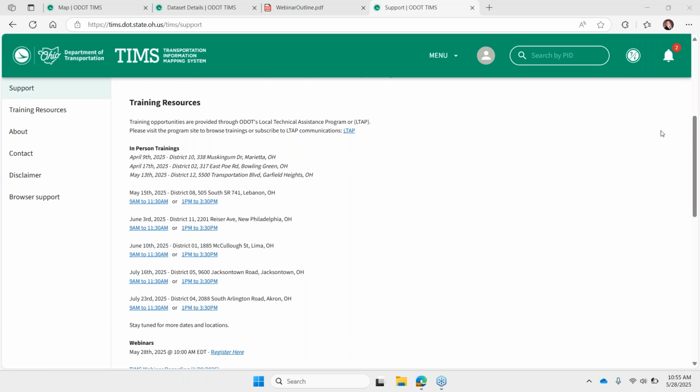Okay. So I had a couple questions that we can answer quickly. Amjad had a question. Do you have a layer showing active work zones? We do not currently have that layer, but it will be coming soon. ODOT does have that data, and we will be adding it to TIMS. From Charles, if there is new construction for a signal at an intersection, am I able to find the signal plan?